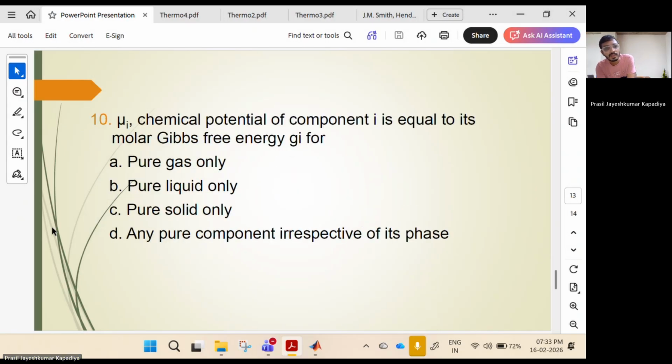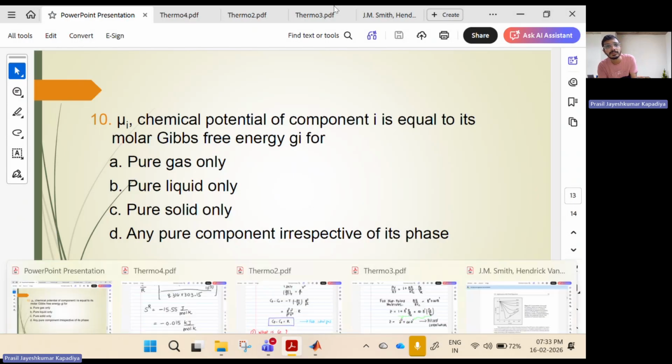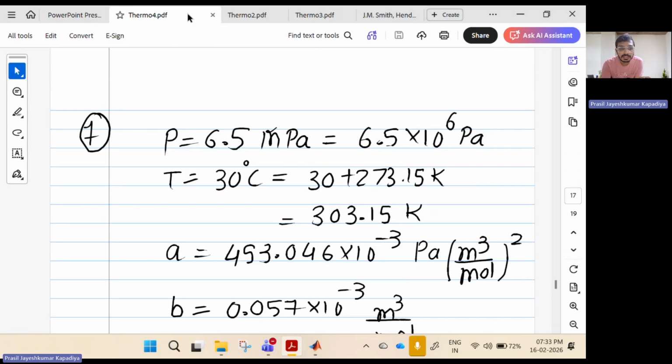Okay. Let's move ahead. Mu i is the chemical potential of component i, equal to its molar Gibbs free energy Gi. What is it saying? Is this true for pure gas only, pure liquid only, pure solid only, or any component irrespective of its phase? So when we derive this equation,